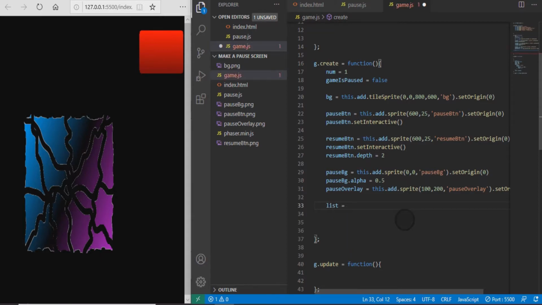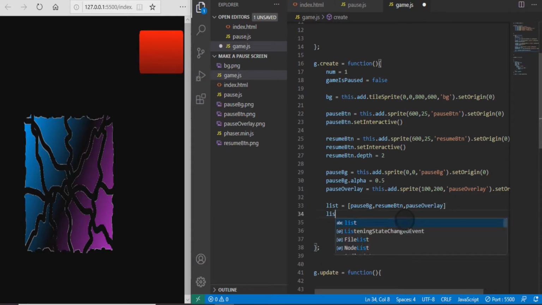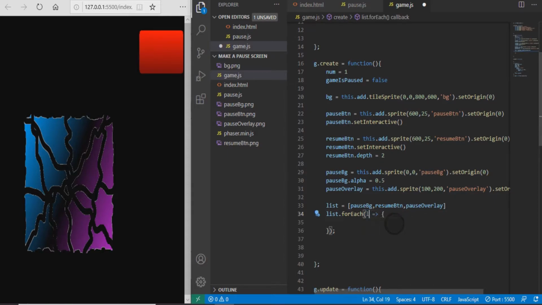So let's make a variable and call it list. So list and then equals, and then we need to make an array. So inside this array, let's put pause bg, comma, then resume button, comma, and then pause overlay. Under that, let's do a for each. So let's do list dot for each, and then we need to put what we want it to be represented by. So I'm just going to put the letter L. So L dot set visible, and then false on the inside, and then L dot set active, and then false